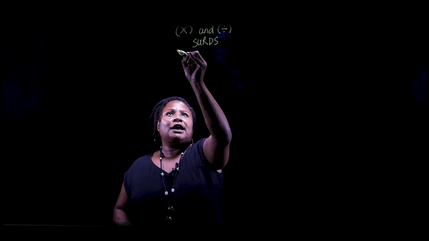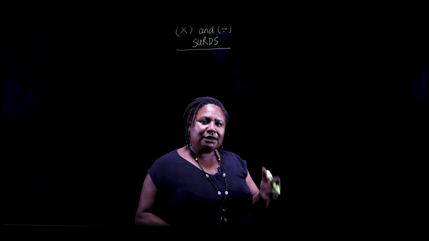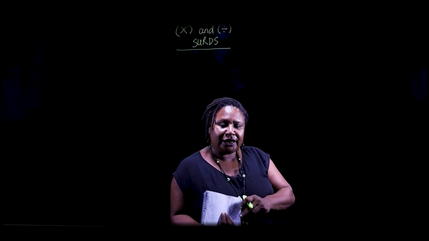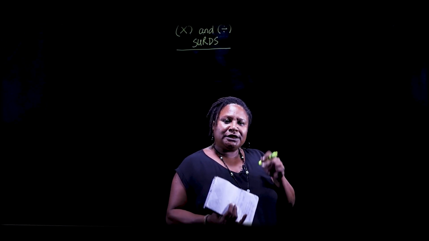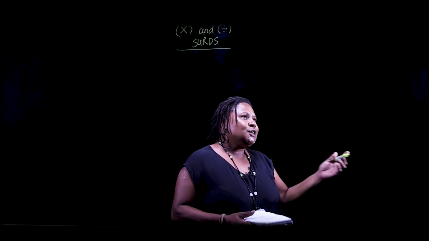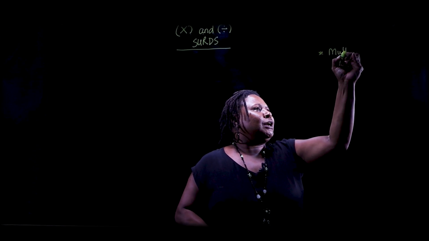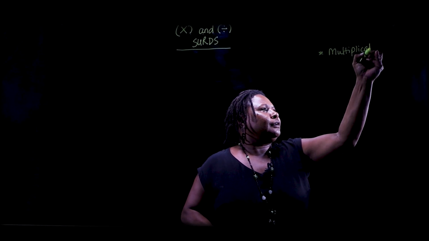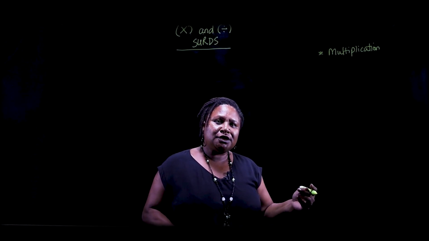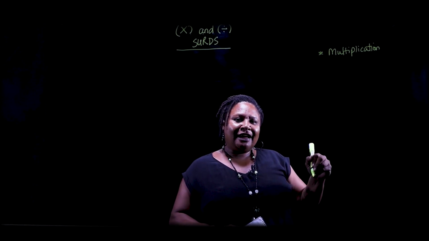Now, a few things we must remember. When we are multiplying with surds, the first thing to do is simplify, like we did in addition and subtraction of surds. We simplify, then we work with the coefficients and the radical after. So let's have a look at multiplication first. In multiplication, we need to simplify, then work with the coefficients of the radical, and after that we work with the numbers